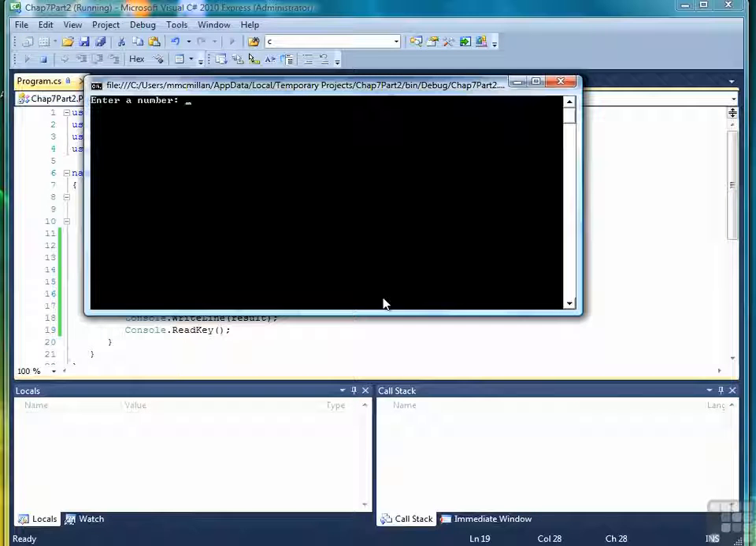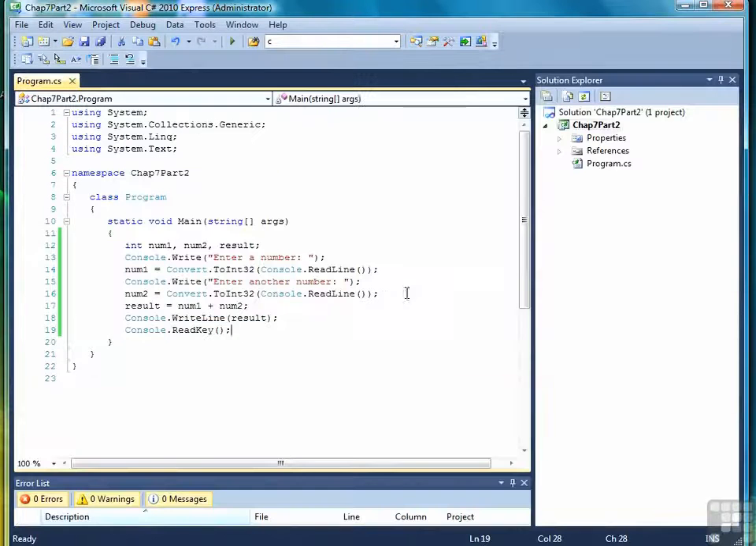So we'll type in a number, 23,456 and 1 is 23,457. And that's all you have to know to do. You have to know that once you've gotten the input in with Console.ReadLine, you have to convert it to the